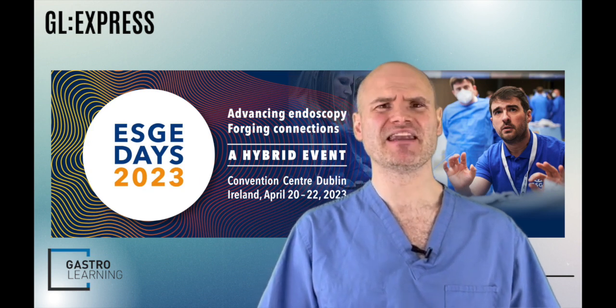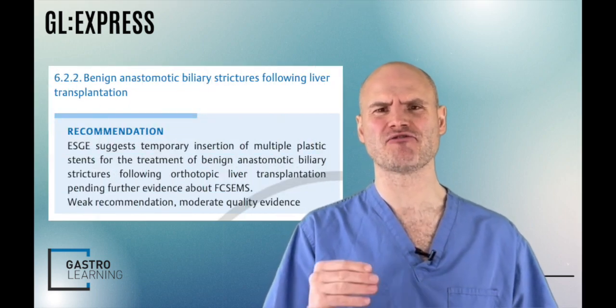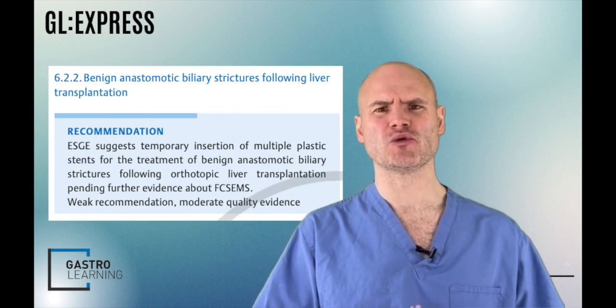Now, biliary anastomotic strictures are one of the most common adverse events following liver transplantation, and the ESGE guidelines suggest that multiple plastic stents should be placed at 3 monthly intervals, increasing in number each time for 1 year in order to expand the stricture and maintain patency. Whilst this is effective, the patient has to endure multiple procedures, which are costly from a resource point of view, but also increasingly expose the patients to the potential complications of